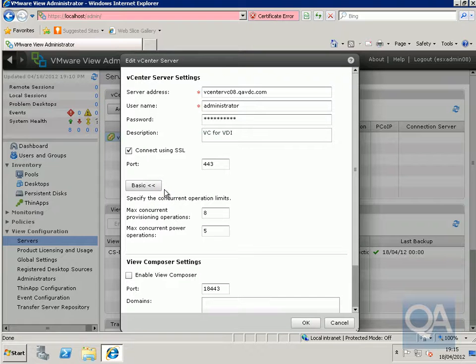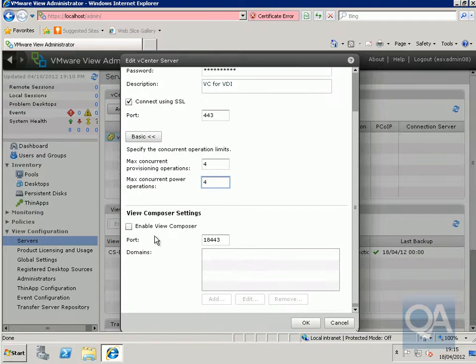On the advanced settings here, we can specify, in the case of an automated pool, the maximum number of provisioning operations. So let's say I had 8 virtual machines I wanted to provision, and we would do 4 and then 4. We've also got the maximum concurrent power operations, and we'll set that to 4 as well. What we'll do in a later video is we'll come back to the View Composer settings. So we'll click OK at this point here,